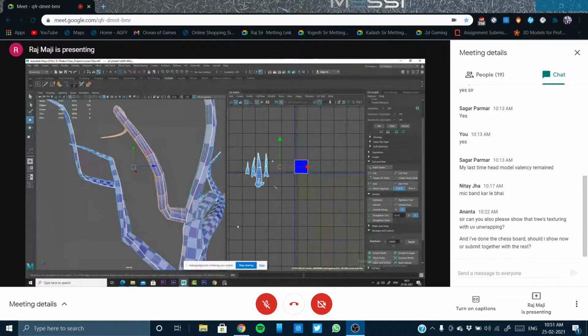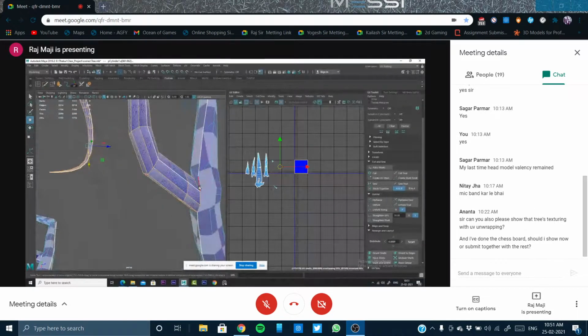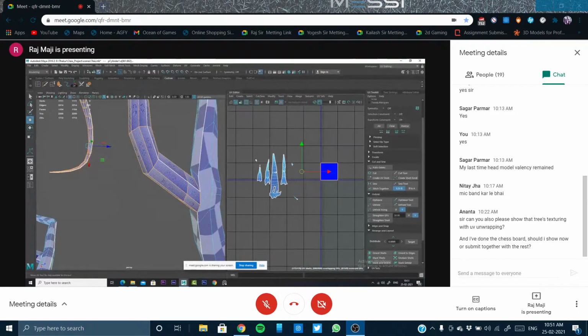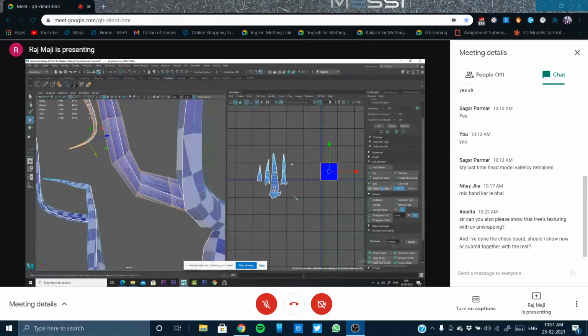Edge. Yeah, this is selected. So when this is selected, it is trying to connect with these other faces, right? So what I need to do now is deselect all the edges from here. So now I deselected everything. Make sure your cursor is over here only. Okay, so that was the problem. Now click on stitch together.